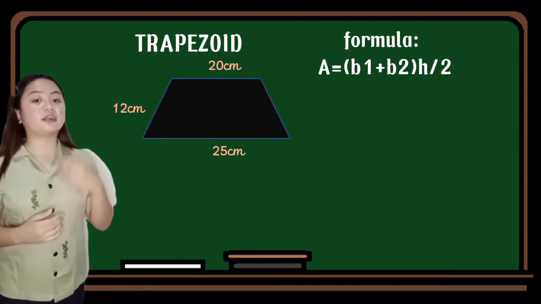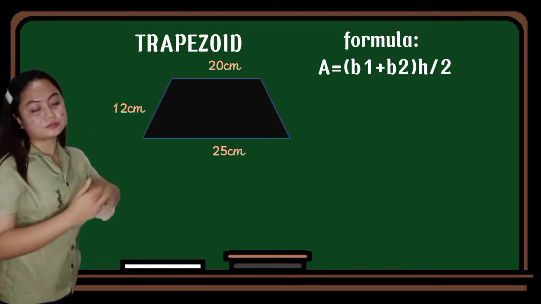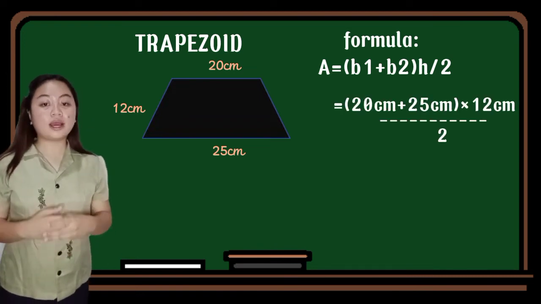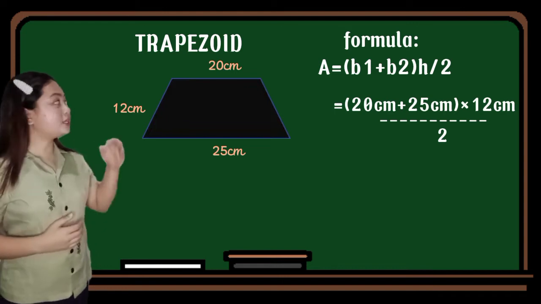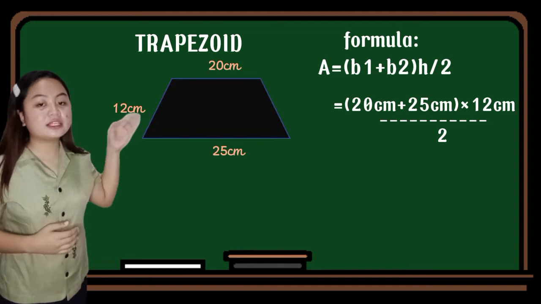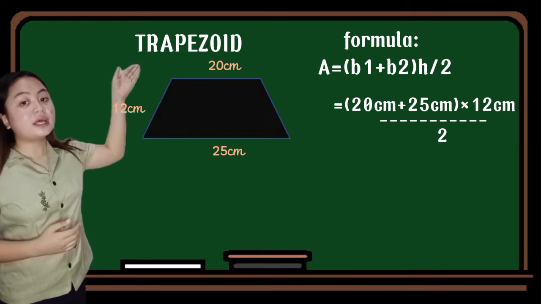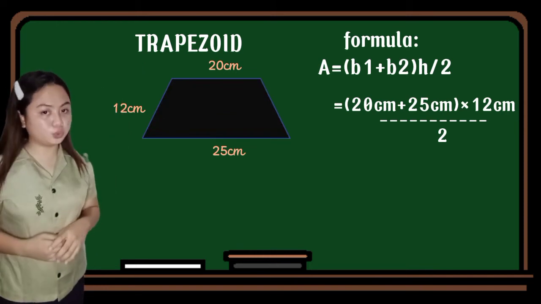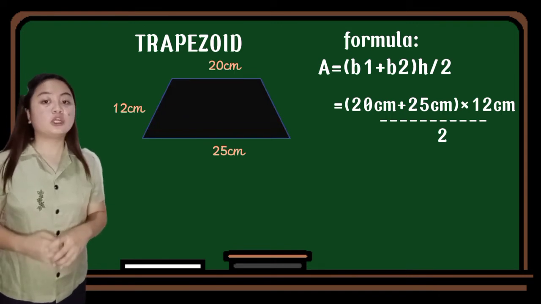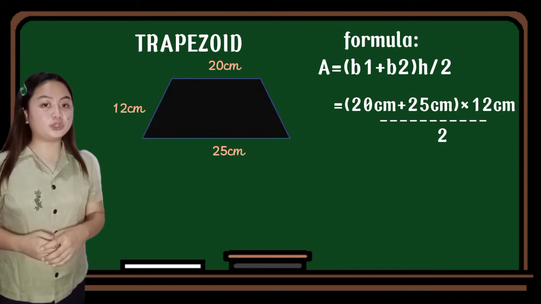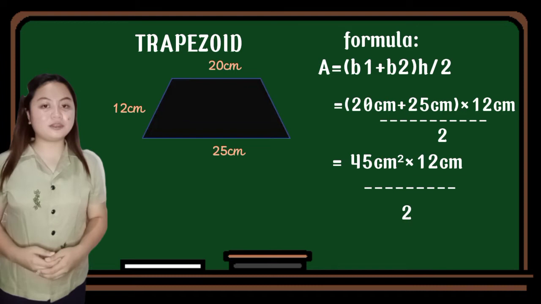Okay, so to find the area, let's substitute the values using our formula. So our base 1 is 20 centimeters plus our base 2 is 25 centimeters, times our height of 12 centimeters, over 2. First, let's add 20 centimeters plus 25 centimeters, which is 45. Very good. 45 square centimeters times